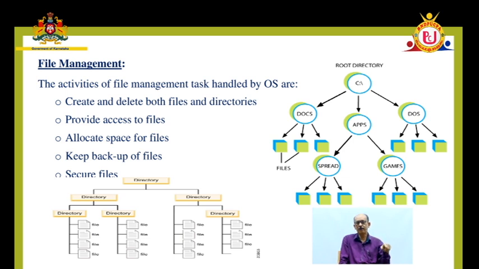So the operating system's job is to give the link to that file allocation table when you create a folder or a directory, when you create a file and store it in a particular place. So this helps the user in accessing the data or a file whenever he or she wants within no time, because those details will be recorded in the file allocation table: starting address, ending address, date, file name, and